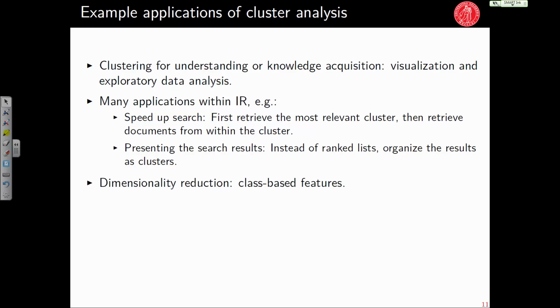One important application also of clustering is dimensionality reduction, or a way to achieve class-based features. So this is something that we didn't talk about, but it's actually very relevant to what we did with vector space representations. So what we do with vector space, or what you're doing now with this assignment, is that for each word you're collecting the features, and each word type, each unique word, is introducing a new dimension, right? So you have target words, and these target words will have context. It's sentences in our case. Each word in these sentences